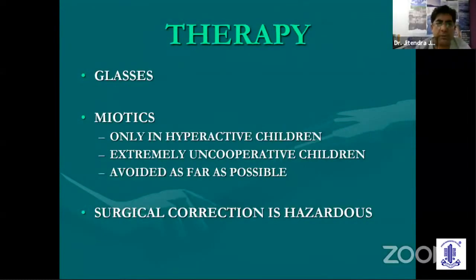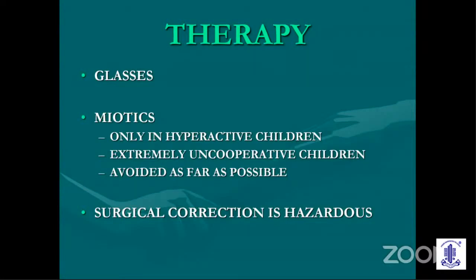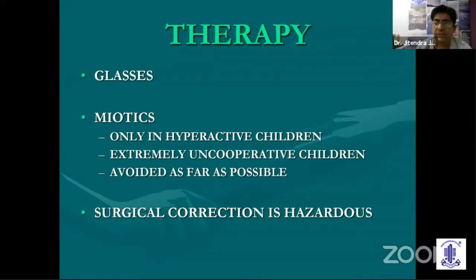So therapy is quite simple. You have to prescribe glasses, call the patient back again after a couple of weeks, and then reassess the patient. Most important thing is you have to use an accommodative target to see and assess, because you may miss esotropia for near if you don't use an accommodative target. Miotics, I think Dr. Surendran sir put a word that, if you want to use a drug, you can use miotics. I personally do not have any experience of using miotics in accommodative esotropia. Obviously, if you are using glasses and the patient is orthotropic, then the surgical correction is not needed and